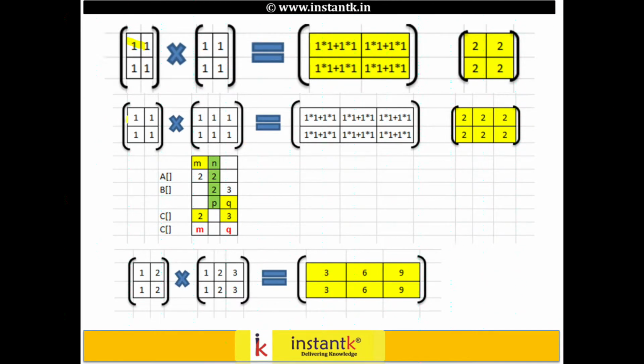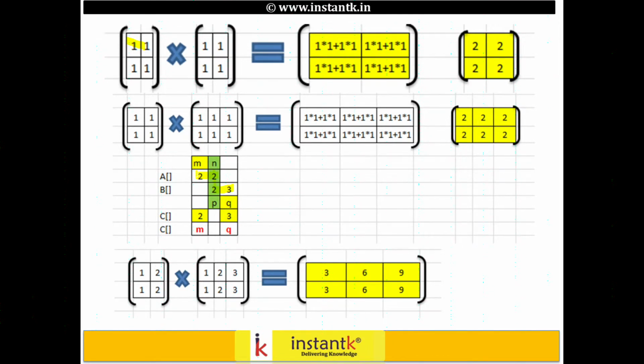But if it is a 2 into 2 matrix, the second matrix's first dimension has to be 2. Only then can you multiply correctly and get an output.